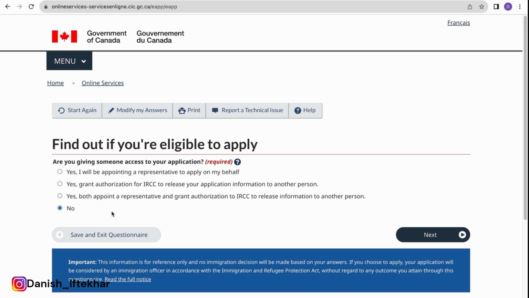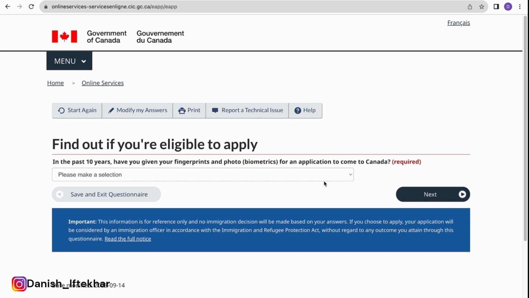So if you're applying for your parents, you are acting on their behalf. So you are an unpaid representative for them. So in that situation, you will select yes, I will be appointing a representative to apply on my behalf. But in this situation, since you are applying it yourself, you will select no. Click on next. In the past 10 years, have you given your fingerprints and photo for the application to come